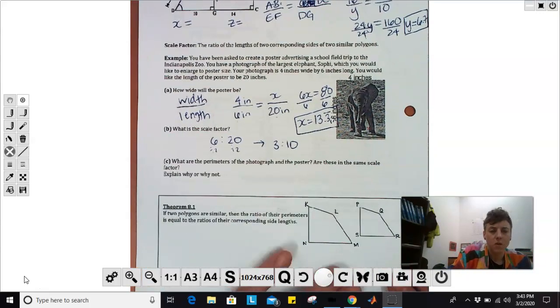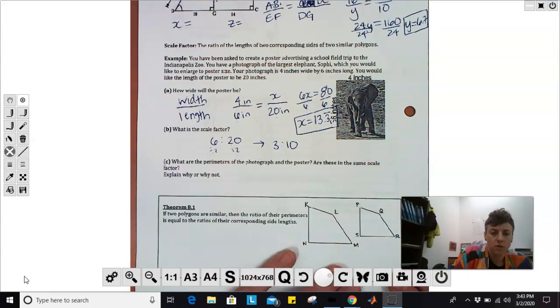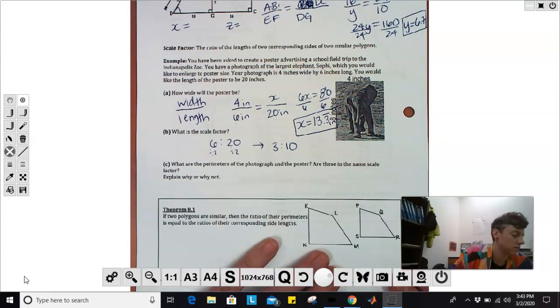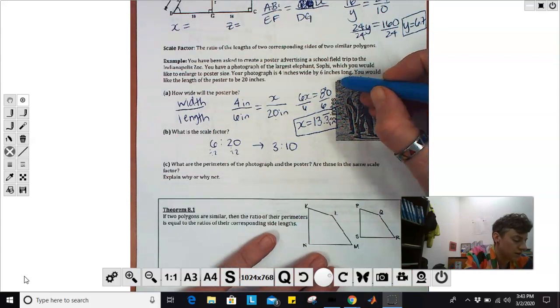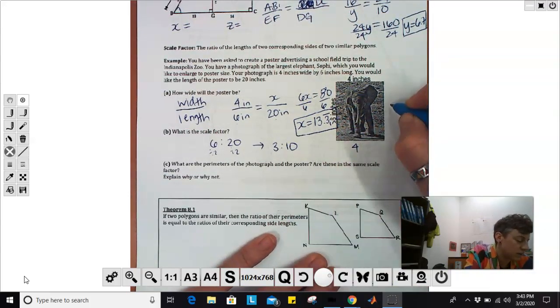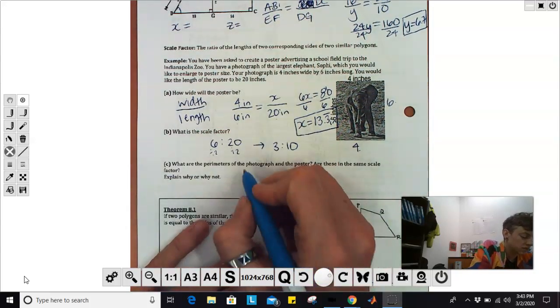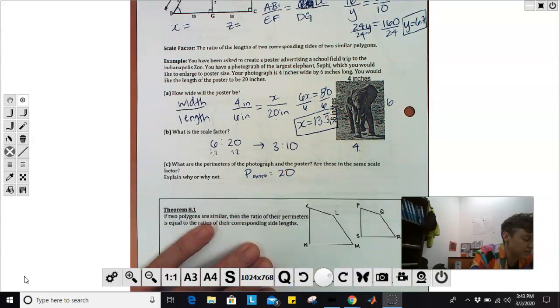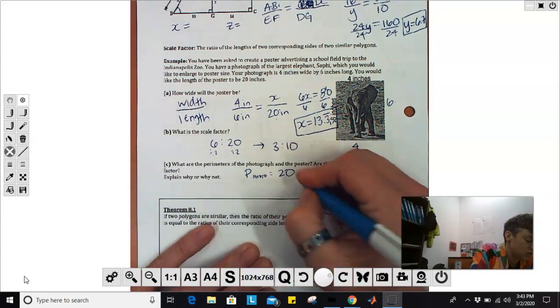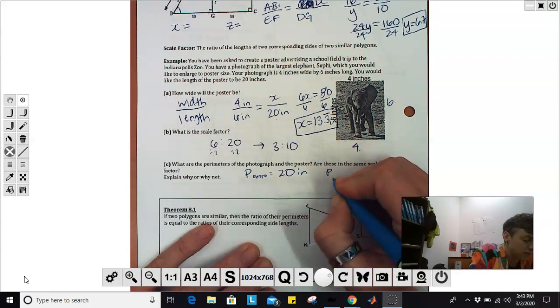Part C. What are the perimeters of the photograph and of the poster? Are these the same scale factor? Okay, let's do the photograph first. 4 and 6. Add these together, 4 and 6 is 10. So that's going to be 10 and 10 is 20. The perimeter of the photograph equals 20 inches. The perimeter of the poster